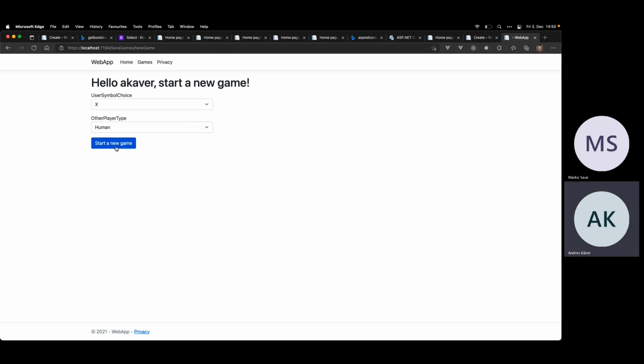What shall happen here? If I create a new game, like I want to play tic-tac-toe, I want to be an X, and I want to play against the other human. Then it shall go and the other player type. And now the question is, who will be the, okay, shall I make the first move? Should I wait for the second player? No, but if we should make the move, we should make the move and then wait if I'm the starter. So the question is, who will start now?